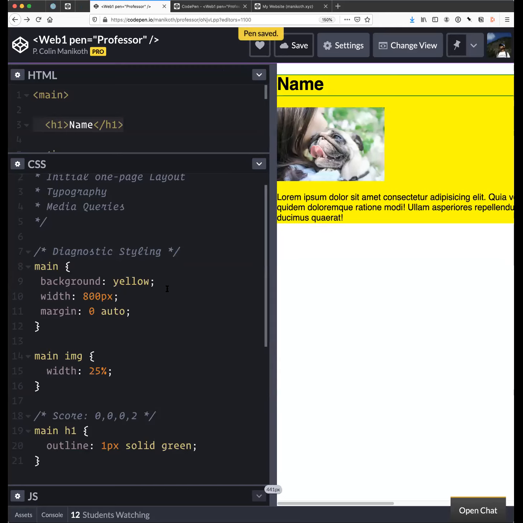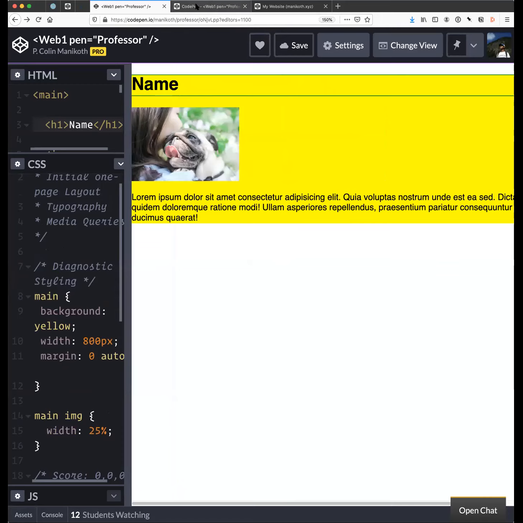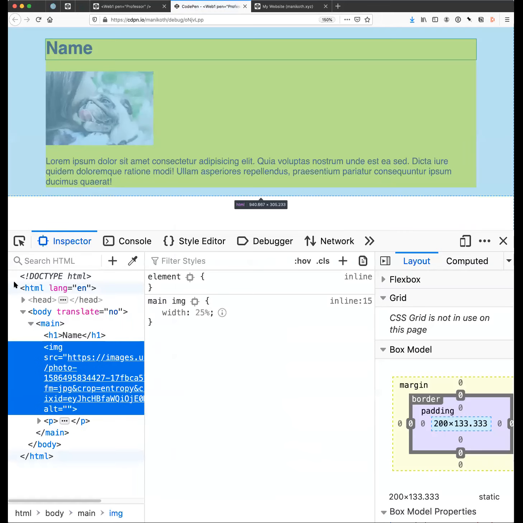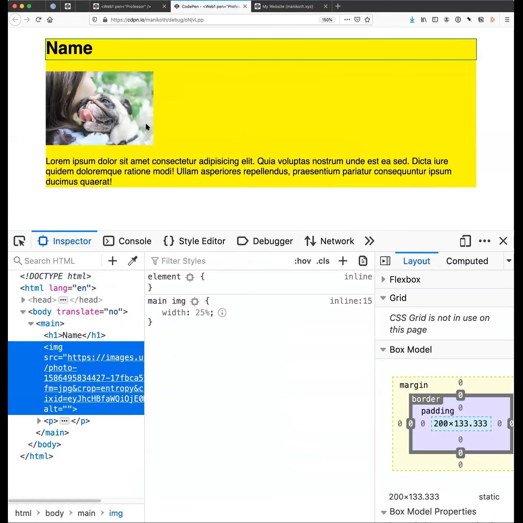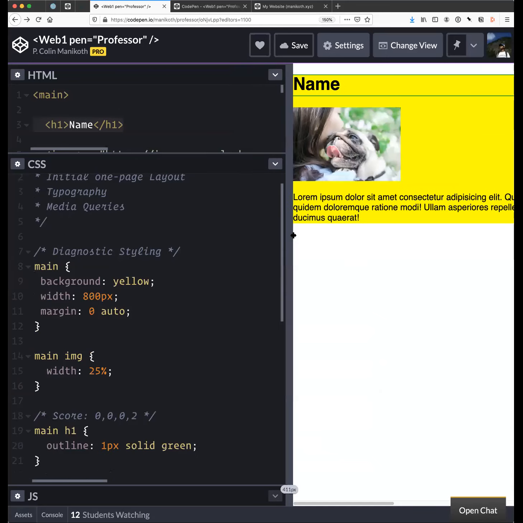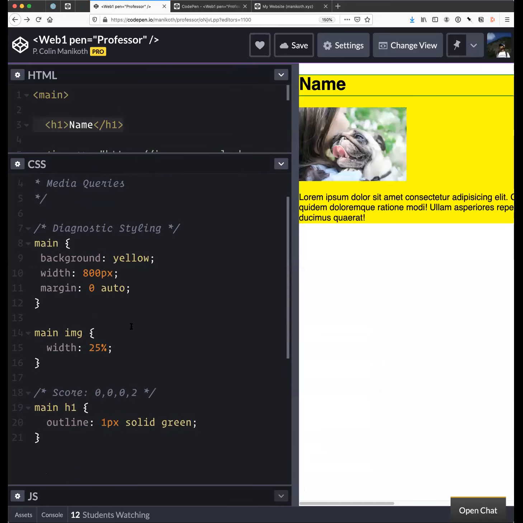All right, so we got that. Okay, margin auto 0. We got our fixed width. Okay, and if it gets big enough on this page, we can actually see that. All right, there's our design, and we want to do the same thing for our image. Okay, there's going to be better methods to do what I'm going to do right now. But for right now, okay, I'm teaching you the